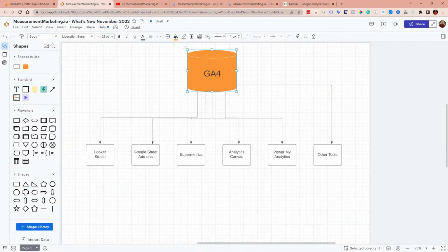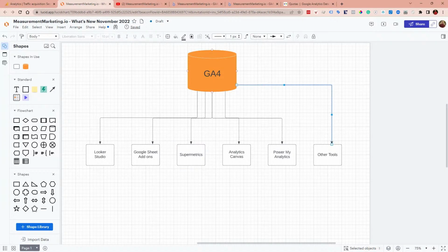And then there are other tools that you would be able to use. So Supermetrics right now, again, is pulling from the same API, but there are other ways to use the tool if you're already paying for it to mitigate how much you're pulling or how often you're pulling. So definitely talk to your Supermetrics rep if you already have the tool. If you don't already have the tool, you'll see in the other videos that we created that Analytics Canvas we feel is going to be an excellent solution for most of us, because basically